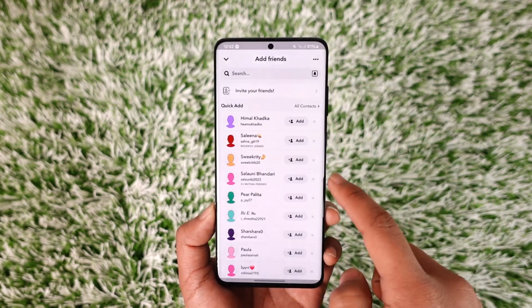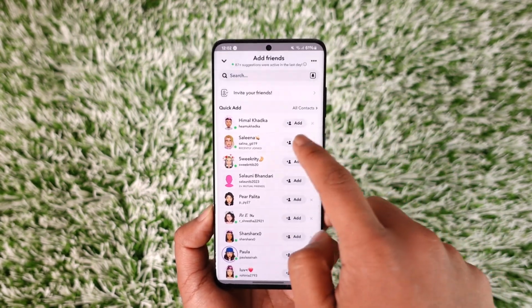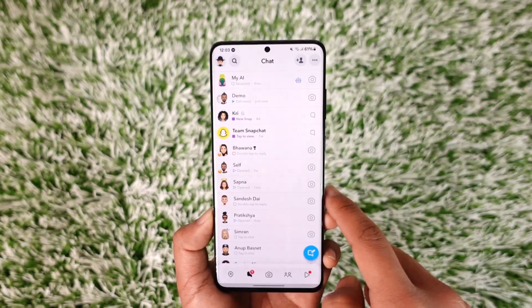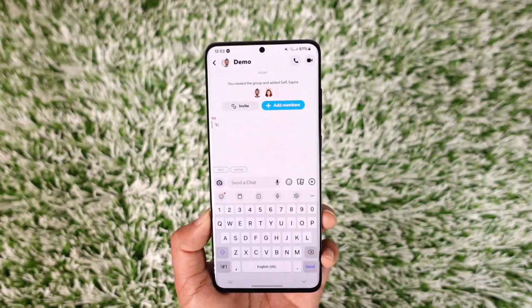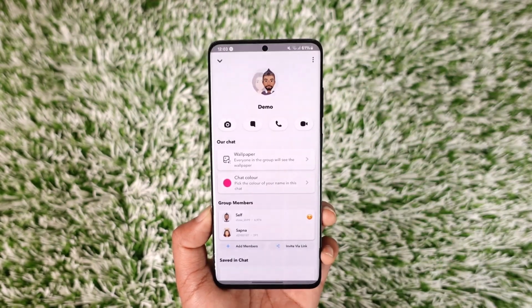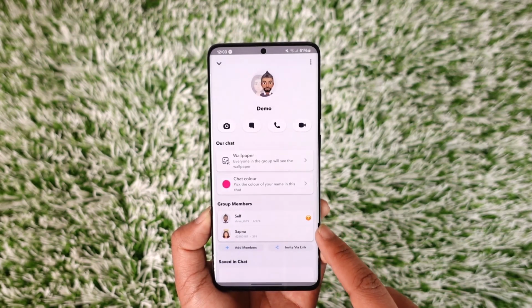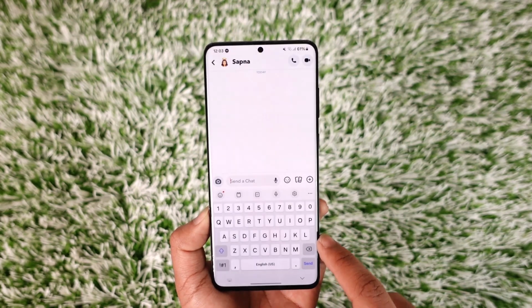So let me just create a group right away by simply tapping some of the options over here. Now once you have created a certain group, you'll find the group over here. You can open that group, tap on the group name from the top of the screen, and you'll see all this. So if there's a certain member, you can see group members, you can select them, and then you can